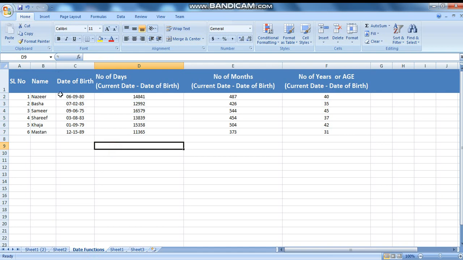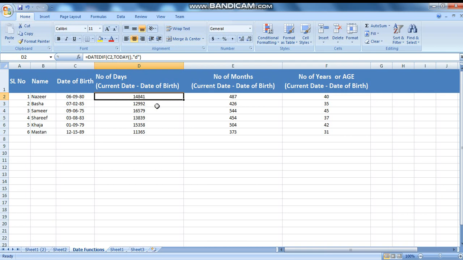See, in this one here is a date of birth and you want to know the difference between the current date and the date of birth. In days, if you want, you can use the function, it is also a DATEDIF function, but here what we have specified is TODAY instead of sample date 2. So it will calculate the difference between today's date and your date of birth. If you specify D, it will give you the number of days difference between these 2 dates.